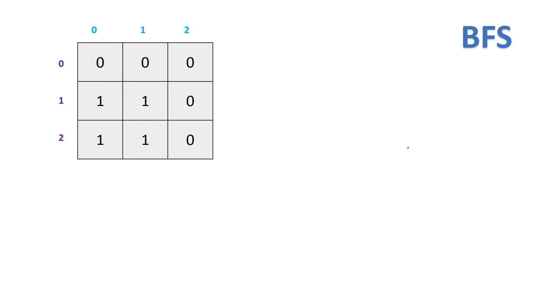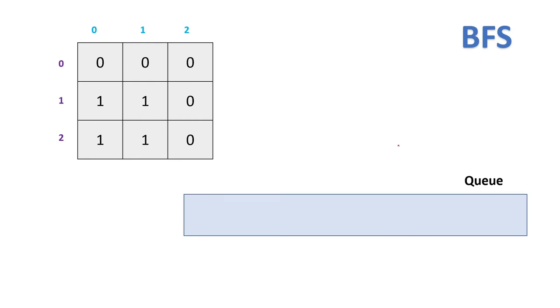Now we have to check how we can do this BFS programmatically. So what are the things we have to keep in mind? For doing a BFS traversal, we need a queue data structure. And what will be the element of this queue? For that purpose, we have to define one object which will contain three things. One is the X coordinate, Y, and the distance. So suppose for this one, X will be 0, Y will be 0, and as it is an initial source, the distance we will maintain as 1.